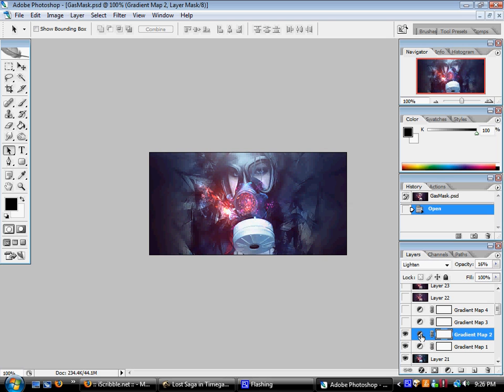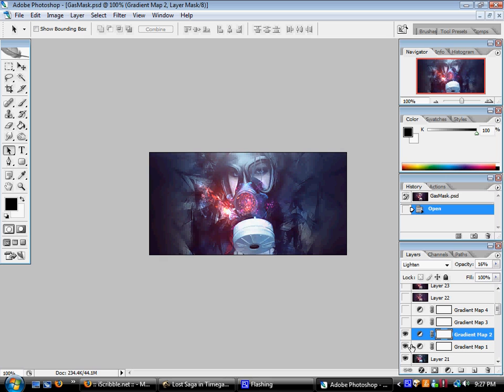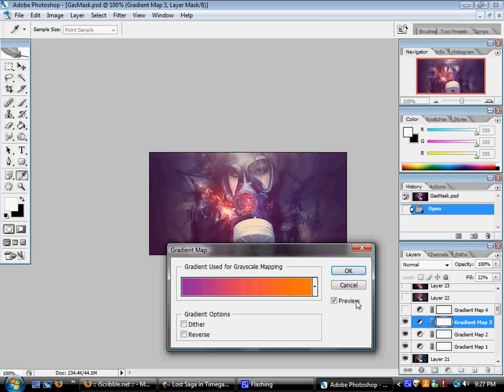Then lighten, get a nice color going. Set this to lighten, so it's good and colory. I wanted the blue to be a bit more pronounced, so it's kind of a purpley blue, which goes along with the purple and blue going around here, and contrasts well with the red that's around here. And this is where the red comes into play. Normal, 100% opacity. I lowered the fill though, so it has the same color effect, but it isn't as